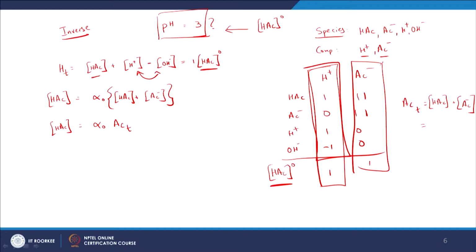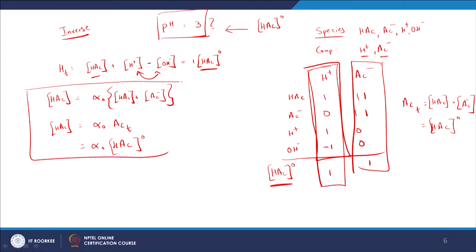It is going to be equal to HAC naught, which is again the unknown variable that you are trying to calculate, right. So, that is what we have here. So, that is going to be equal to alpha naught into HAC naught, right. So, this is what we just derived, and I am going to plug this in this variable. So, alpha naught into HAC naught plus H plus,